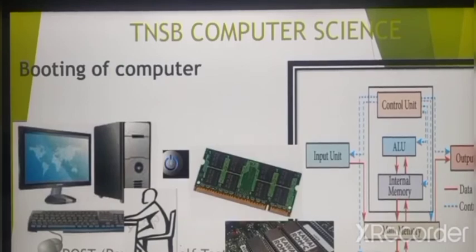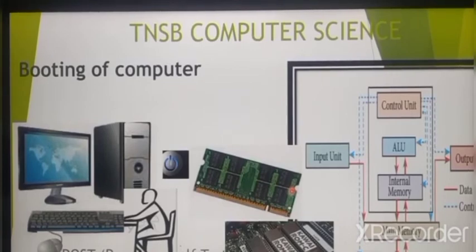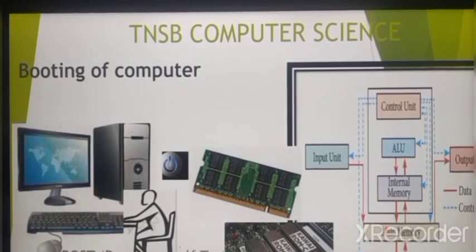Why do we have to store all those things in the secondary storage? Actually, main memory, which is called primary memory, also called RAM, random access memory, is volatile memory. Volatile means once the power is switched off, all data will be deleted from the memory. So we must store all the information in the secondary storage device. To work with the computer components, we must bring the operating system from secondary storage to main memory.